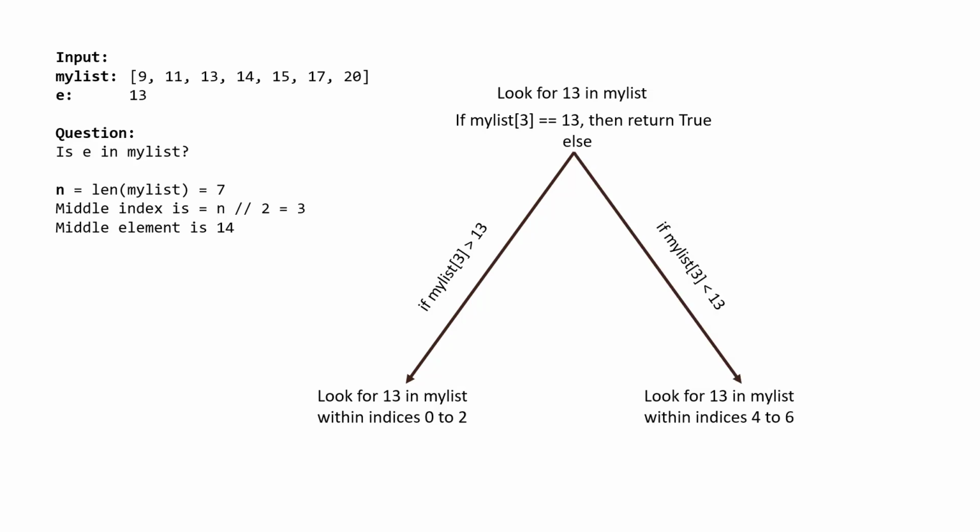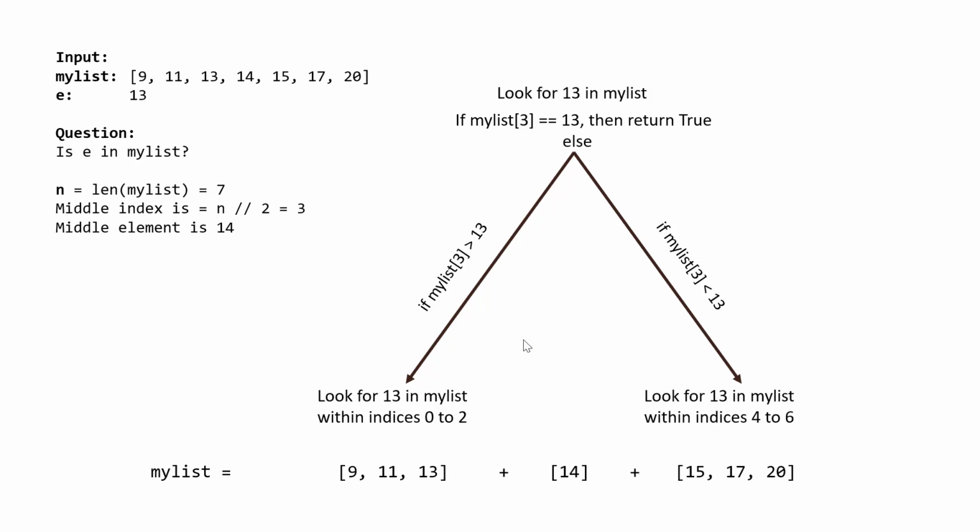In case this was not so, and the middle element was actually less than 13, then we know that we have to look for 13 in the latter half of the sorted list, which is basically indices from 4 to 6. And this is how the list actually gets divided when we pick out the middle element. Now notice something interesting happening here. Every time we query about the middle element, we can cut down the range of indices we are going to search by half. Another point worth noting is that we are actually going to search in a range of indices instead of the full list.